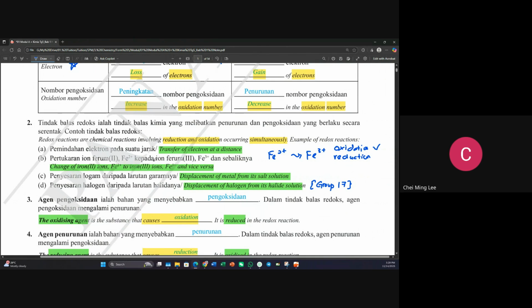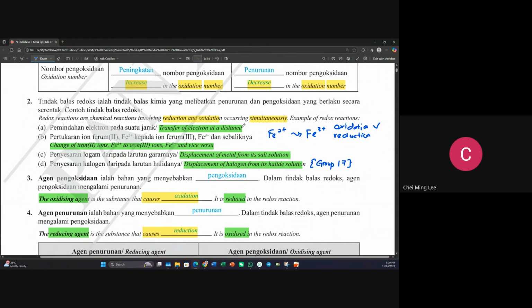Now, redox reaction involves reduction and oxidation simultaneously. So, for example, the transfer of electron at a distance, 就讲距离有一个距离的 A 去 B 中间可能有一个距离来 1 micron, right? 1 micron 就是 0.001 mm。这些它有一个距离的，then 它就会有 movement transfer of electron, then change of ion to ion to ion, OK, 这样子，这个是一个 oxidation 的